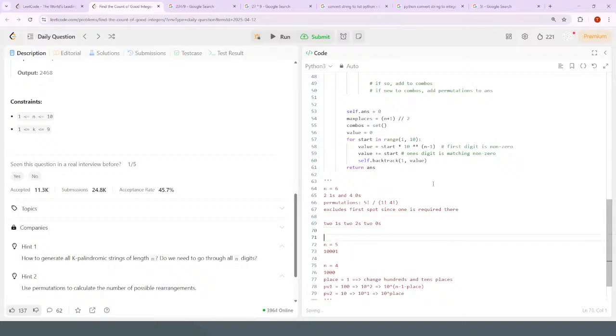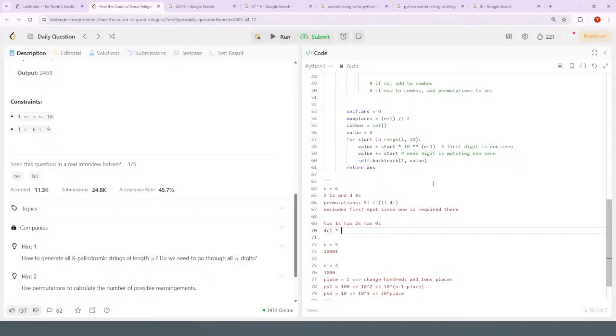So what's the calculation there? Either the 1 or the 2 is in the first spot. So it'd be something like the number of non-zeros choose 1. So it's like 4 choose 1